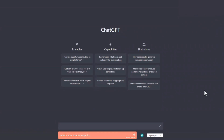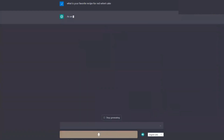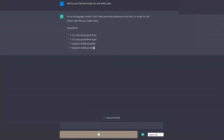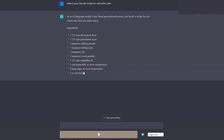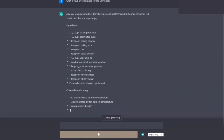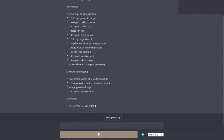What is your favorite recipe for red velvet cake? As an AI language model, I don't have personal preferences, but here's a recipe for red velvet cake that you might enjoy. Ingredients: 2½ cups all-purpose flour, 1½ cups granulated sugar, 1 teaspoon baking powder, 1 teaspoon baking soda, 1 teaspoon salt, 1 teaspoon cocoa powder, 1½ cups vegetable oil, 1 cup buttermilk, at room temperature, 2 large eggs, at room temperature, 1 ounce red food coloring, 1 teaspoon vanilla extract, 1 teaspoon white vinegar. Cream cheese frosting: 8 ounces cream cheese, at room temperature, 1/2 cup unsalted butter, at room temperature, 4 cups powdered sugar, 1